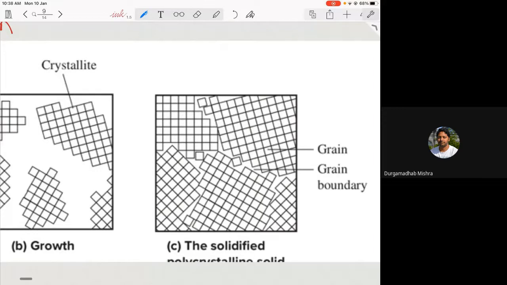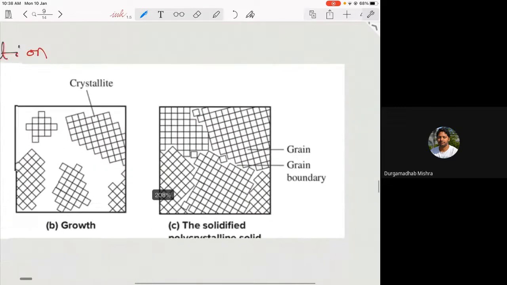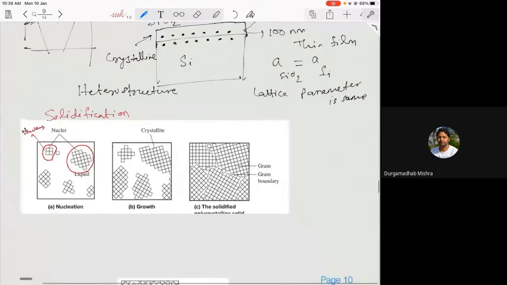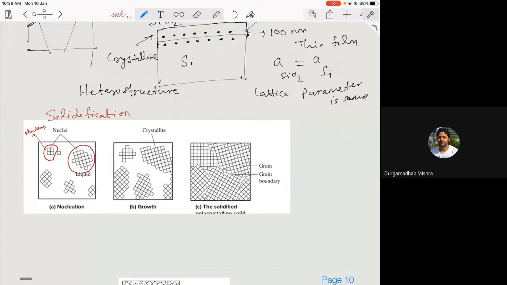So you have grains, and then the boundary. What is the boundary? The boundary is known as a grain boundary, which differentiates between two grains. This is why, typically, when you do a solidification, you will get polycrystalline material. And therefore, in material science or in industry,